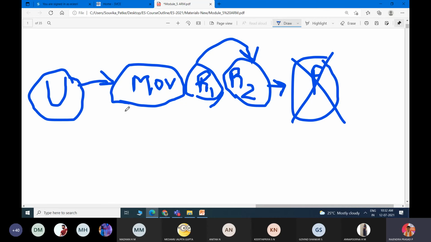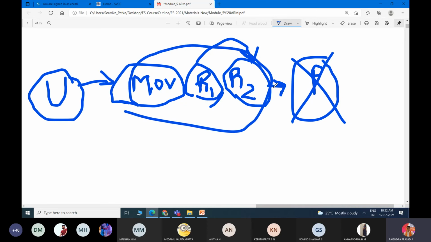So the processor will not understand this move R1 comma R2. Okay, so the processor will understand mnemonic. So what is this mnemonic? So this move, okay, so I'll write here move, I'll write here source, I'll write here destination.